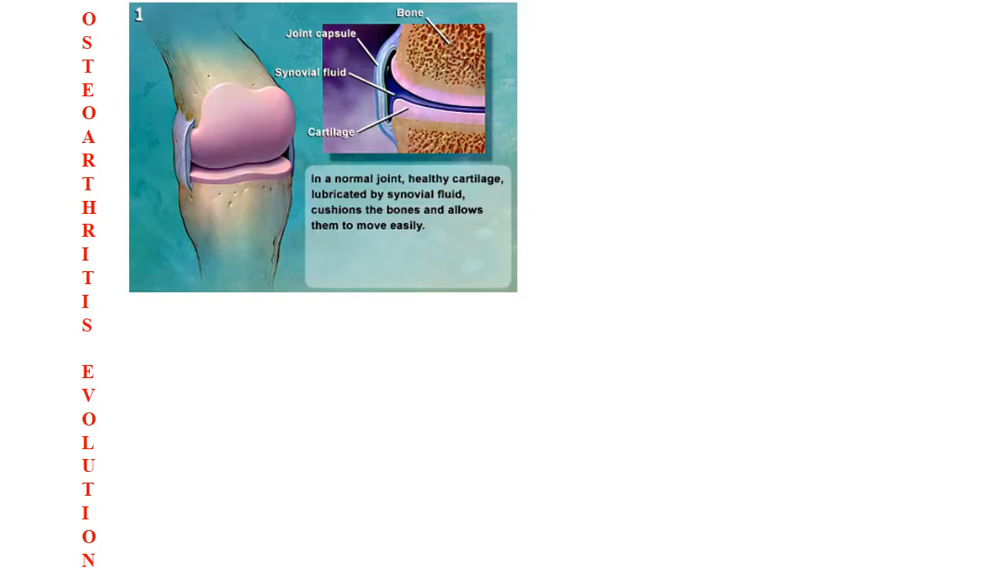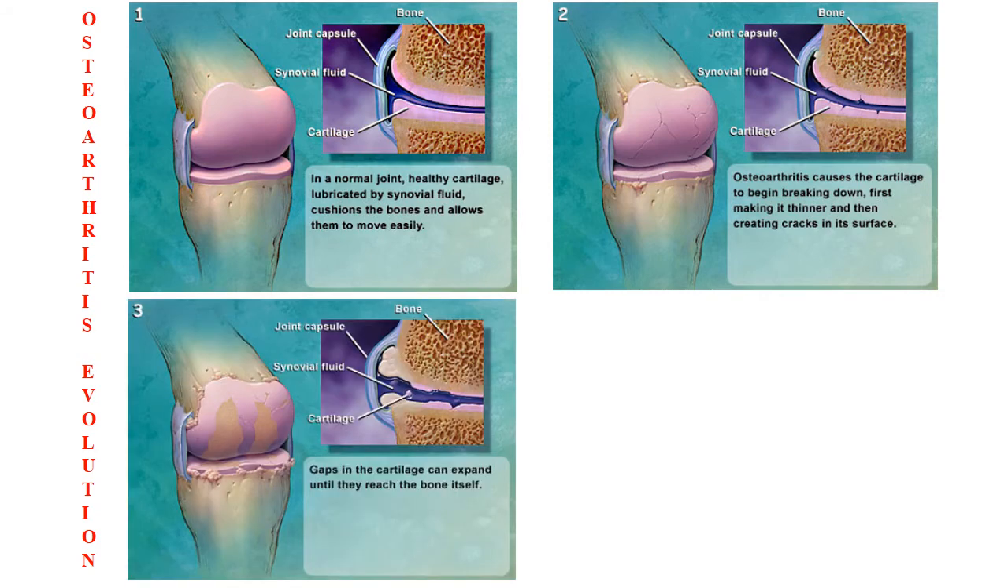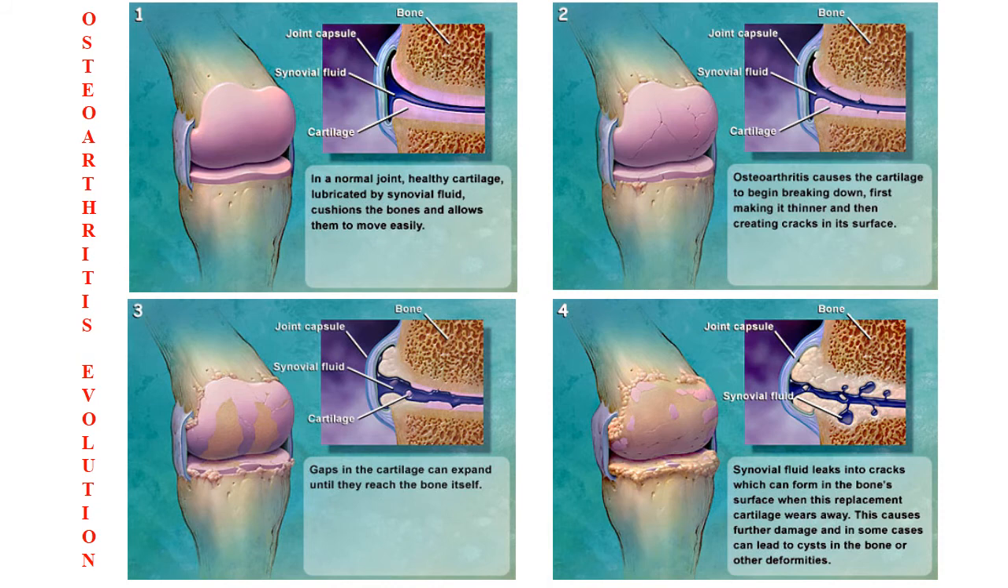So how this osteoarthritis evolves: here you can see a normal joint with healthy cartilage and healthy bone. With the development of osteoarthritis, there is development of cracks initially in the cartilage, which subsequently lead to formation of loose bodies within the joint due to sloughing off of the whole thickness of the cartilage, and the cracks are now deeper. There is more deepening of the cracks and development of microcyst formation,